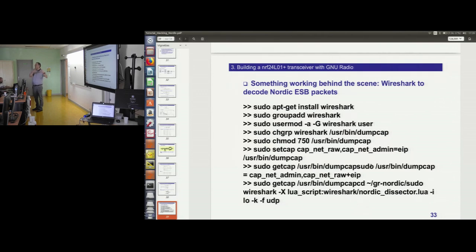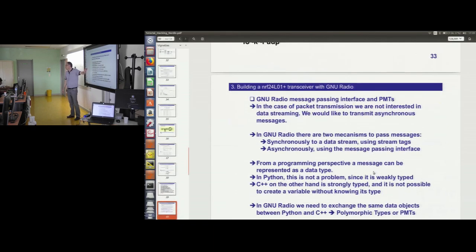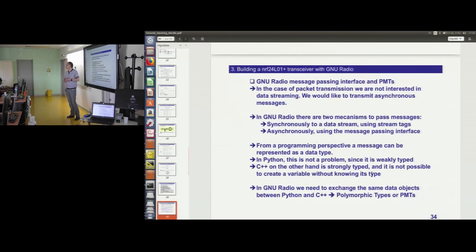Because we've seen what Nordic Tap printer did in the terminal, but more than that, it also sends the packet to a UDP port. And these are the commands that you can use to see that in Wireshark. Okay? So it's quite nice. They've done an interesting work with this OOT module. So now